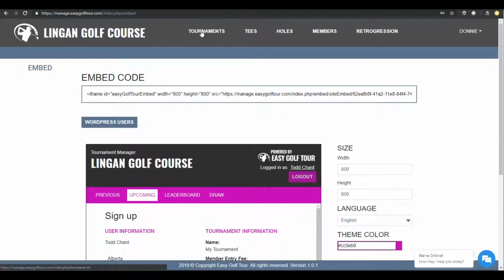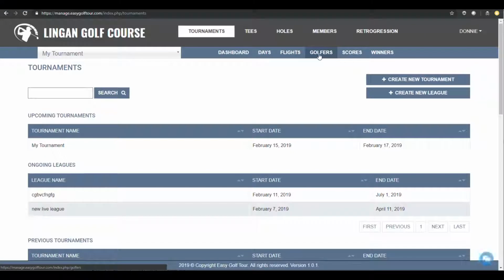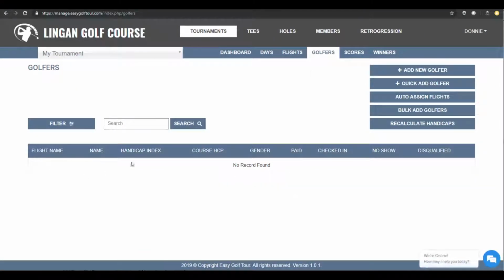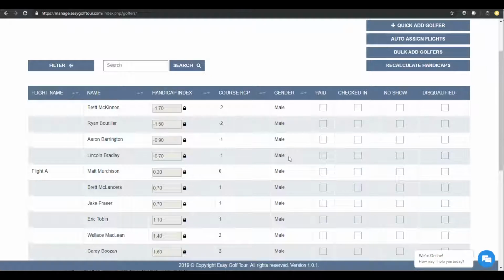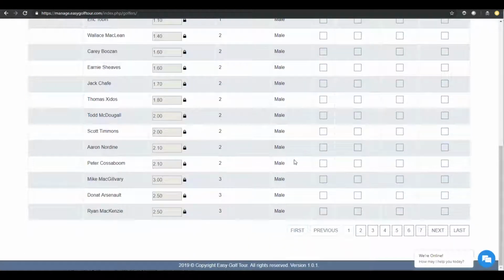So now we're going to go back to the Golfers tab in the tournament. Under here, all golfers as they register on your website will appear automatically here. Now we're going to fake this and just have a bunch of golfers automatically appear in the website to show you what it would look like. And as you can see, we have all the names captured, we have the genders captured, handicap indexes captured that